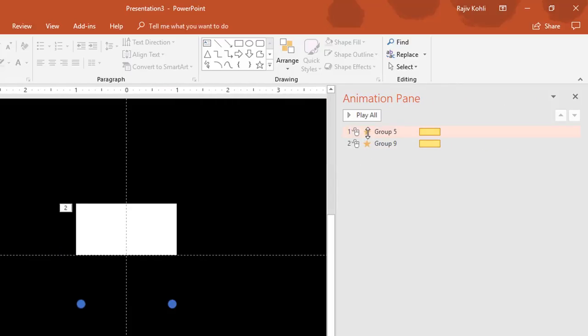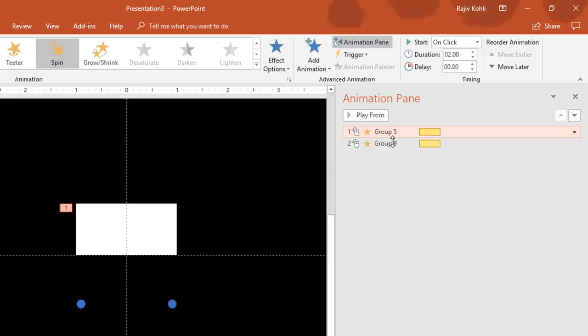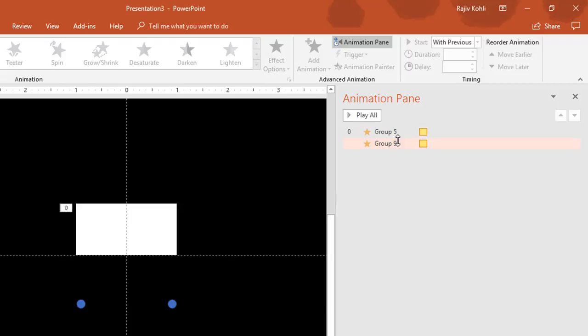And now go to the Animation tab again, select both of the effects by holding the Shift key, then choose Start With Previous, and I would like to give a duration of 0.75 seconds. And if you want to move both of the rectangles simultaneously, then you can choose With Previous for both of them. But if you want to move them one by one, then for the second rectangle choose After Previous. That way the first rectangle will move and the second one will follow on.